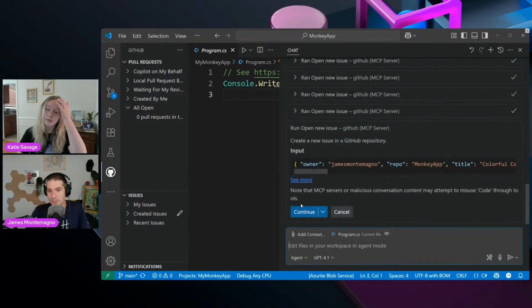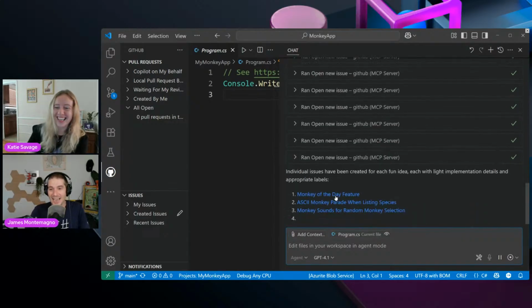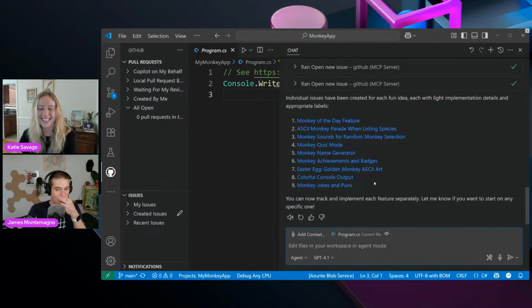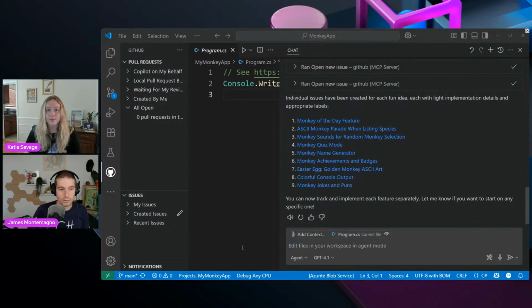This one just created a bunch. This repo has a lot of issues. It said, oh, you want issues? You're going to get issues. I got issues. It's got them all. So it's done all of them for me. And I think golden monkey ASCII art, I don't even know what that is, but now it has it. So now it's also defined some information for me, which is cool. So that's sort of the power of using these things together, which is really neat. Okay. We just had a bunch of fun.